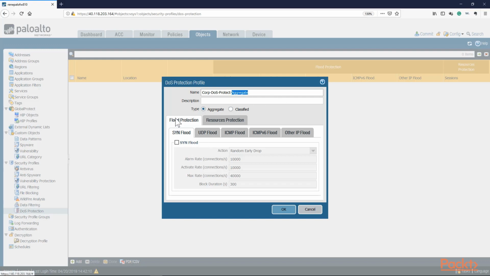Okay, in the window, we have two options. And again, you can see here is a type as aggregate or classified, and this one will be aggregate. The first tab shows flood protection. So this is the type of flood or the type of traffic we want to protect our environment from a potential DOS attack. SYN flood, we can enable SYN,